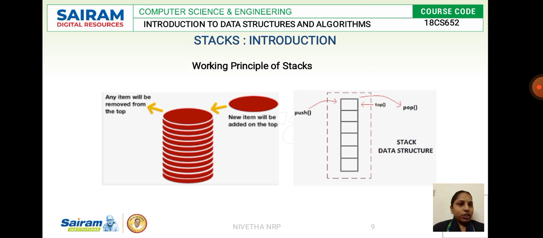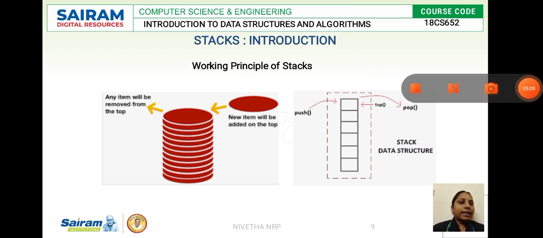Either it is an insertion or deletion, we will be doing it only at the top of the stack. That is, the insertion operation we call push, and the deletion operation we call pop. So either it is a push operation or a pop operation, it can be performed only at the top